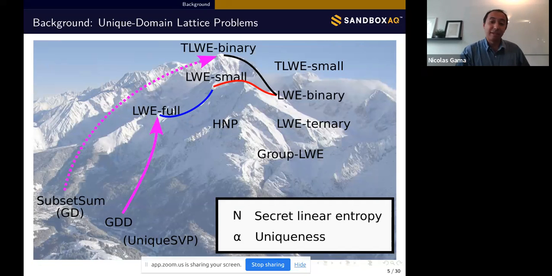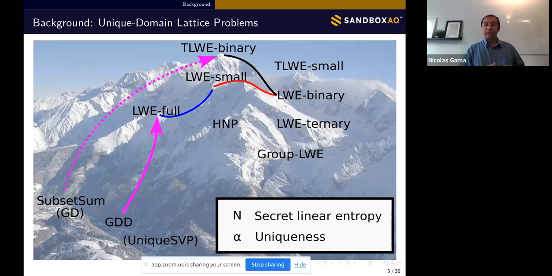But there are a few differences between those. Some problems will use binary coordinates, some problems will use large number arithmetic, like the hidden number problem. Some problems will have samples, like all the ones on the top. Others will have just a fixed dimension, like the subset sum and guaranteed distance decoding. So if we want to make sense of all of that,